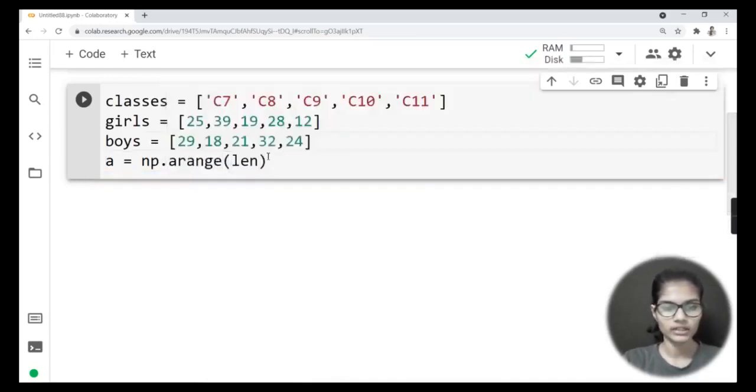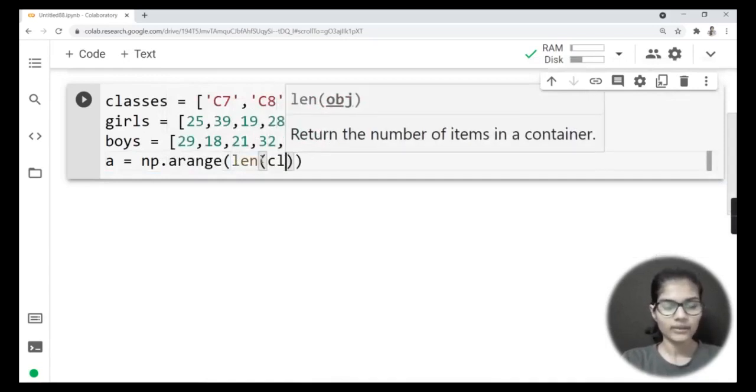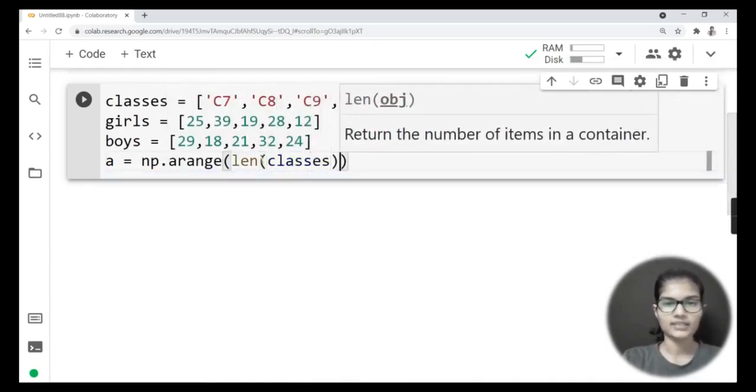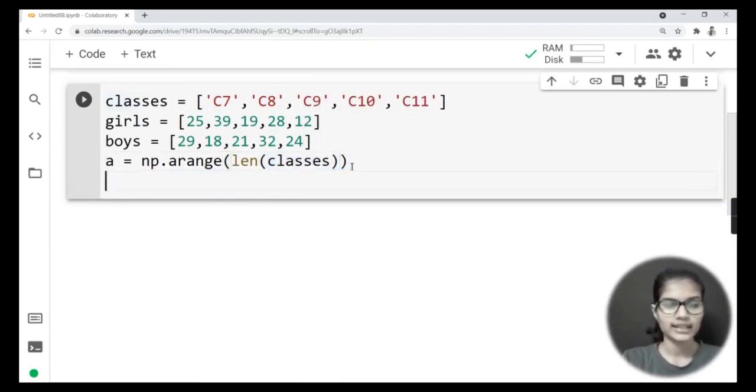Okay, just let me show you that. Inside the length I will be writing classes, that is my variable name, because I want to find out the length of this classes variable, right? So that's why I have entered it here. Correct. Come down, and now what I'll be doing is giving a particular width